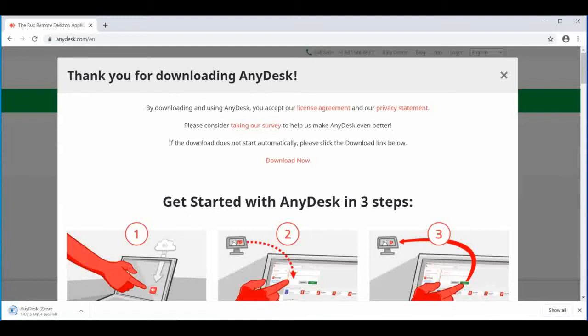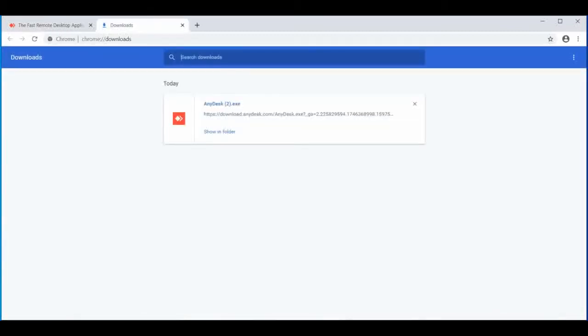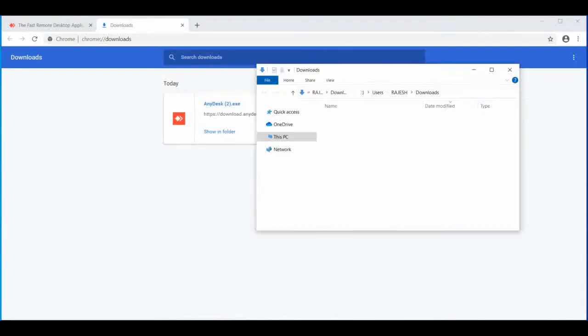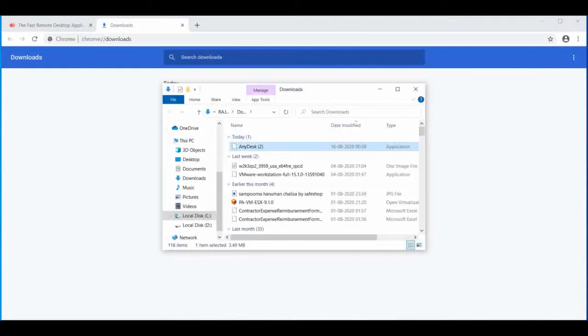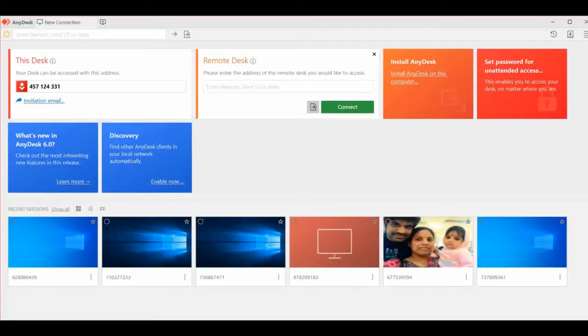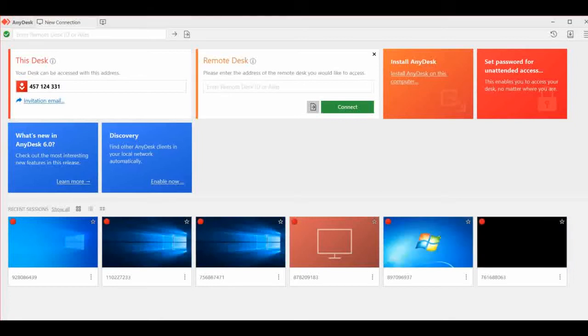And let it download. Generally, see here, there is no requirement to install. Whenever you download it, it will show in the download option. People generally open it. So guys, this is the dashboard.